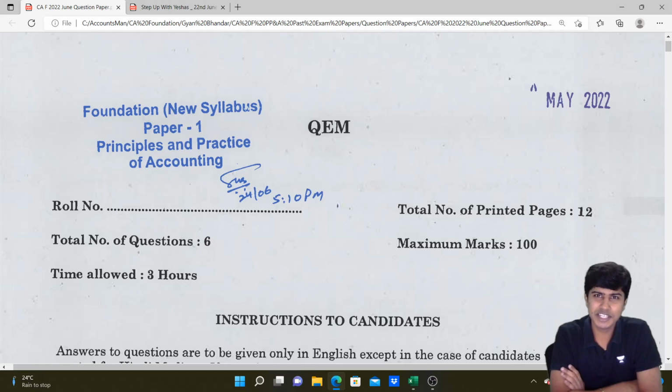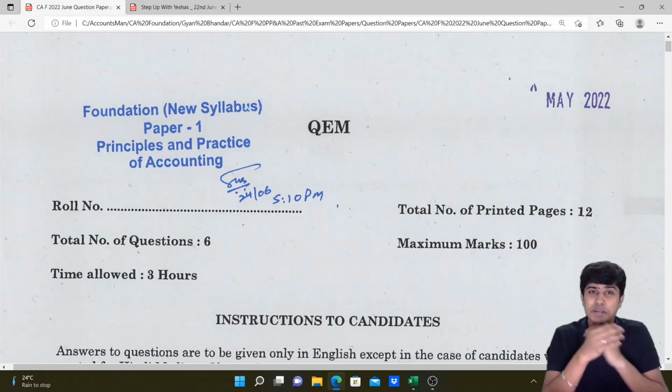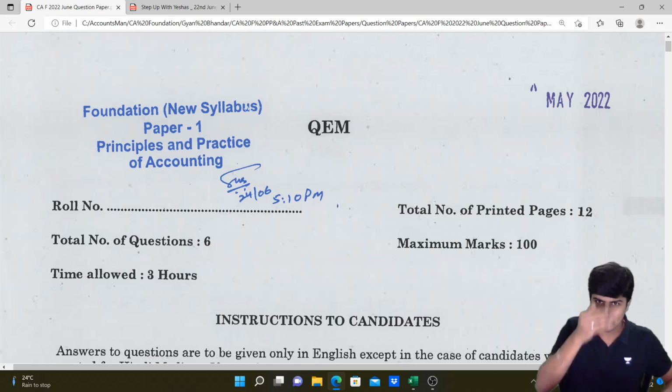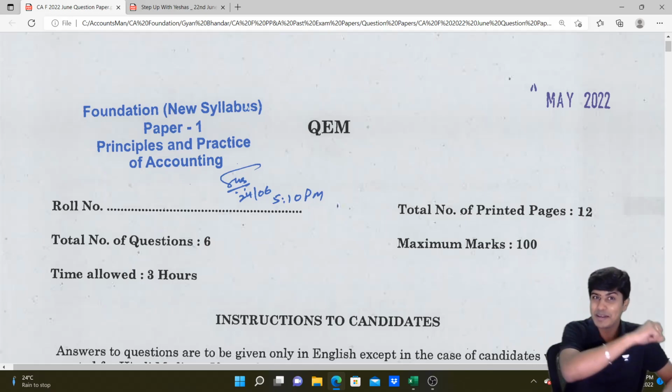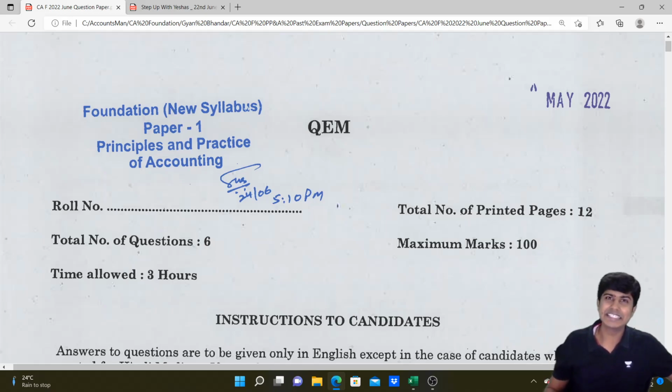Before your CA Foundation examination, when I uploaded marathon revision for Paper 1, Principles and Practice of Accounting, I had mentioned to you that after the exam I'll come up with detailed solutions to your entire Paper 1. Because I was a little occupied with my schedule, I couldn't come out with solutions. Though I prepared the solutions a little while ago, I couldn't record videos. So today also I had a little longer day, but here I am to keep up my promise,